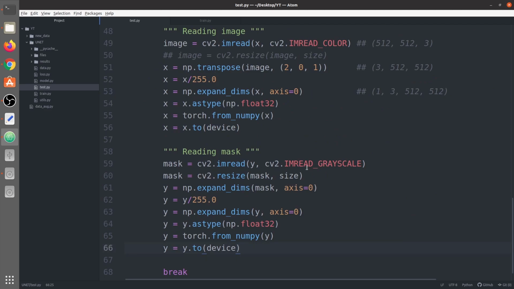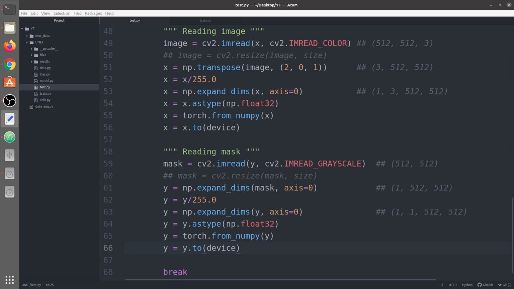Next we're going to read the mask as grayscale. We turn off the resize function here, and again let me give you a proper explanation. It is read as 512 by 512. Then we expand its dimension on the axis 0, so it's like 1 by 512 by 512. Again we normalize its pixels by dividing by 255, so no effect on the shape. Again we are adding a dimension here because images and masks should be in batches. So again we have added one here. Now we are converting into float32, then a torch tensor, then placing it into the device.